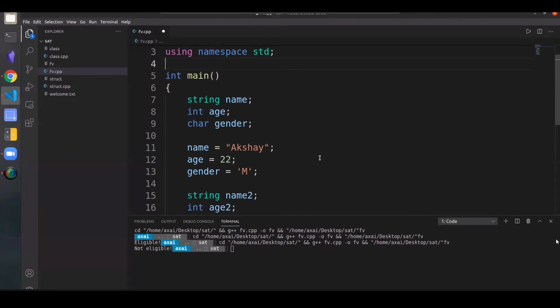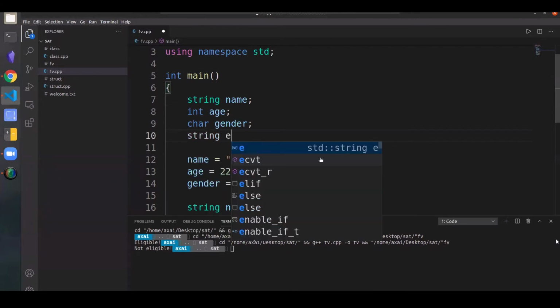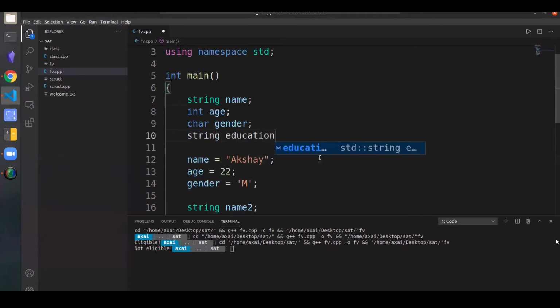And every time you want to add another detail, let's say something like education, I would have to again declare an education array of whatever the initial size of the array is, and then again take in each and every single input for each and every single person, and rewrite the whole program again and again.